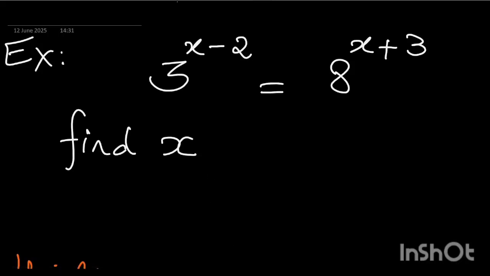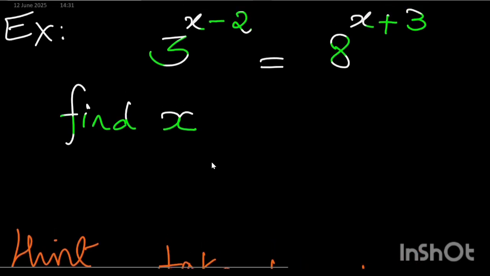If we take this question example, which is 3 to the power x minus 2 is equal to 8 to the power x plus 3, find x. So how can we approach this? So as you can see here,